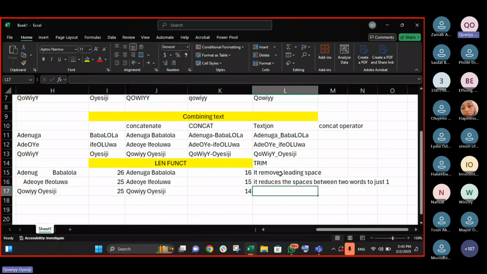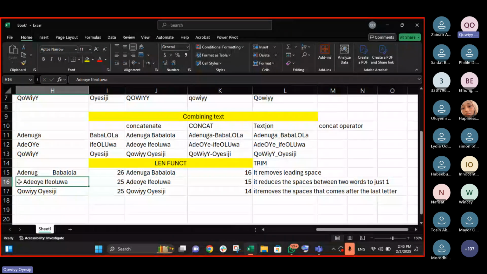And the last one, it removes the spaces that come after the last letter. You understand that all these spaces we've talked about are irrelevant. Having spaces in front when it is not a paragraph is irrelevant. Having more than one space separating just two words is irrelevant. Having spaces after the last letter is also irrelevant.